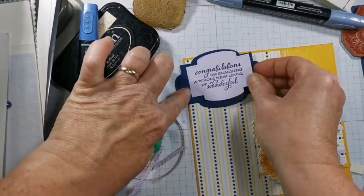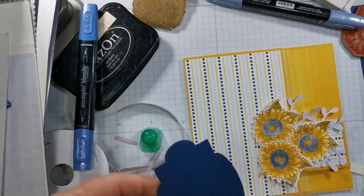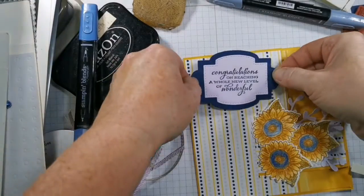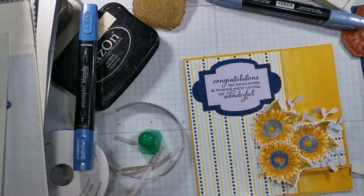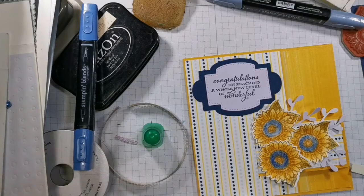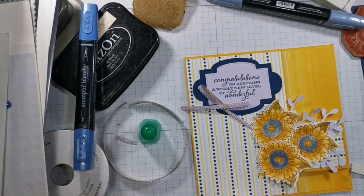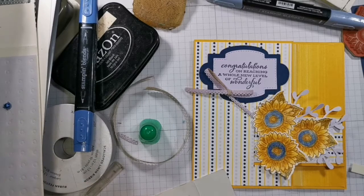So we'll stick the one label to the other label, sits in there beautifully. We'll stick this on flat, I think. Like that. We'll find a glue dot and add a little bow with a glue dot, and then we'll be ready to add in